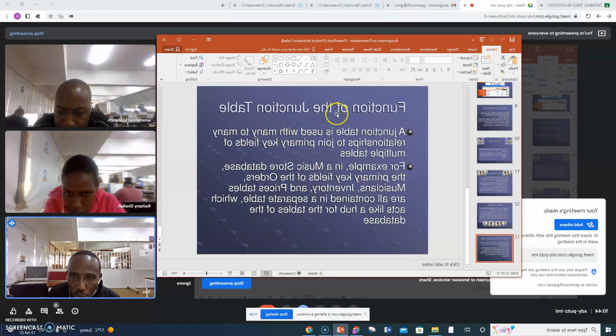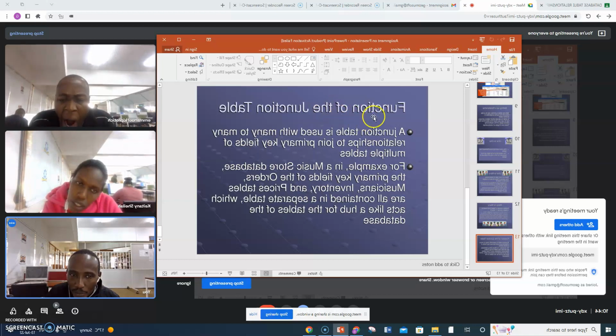If you don't use a junction table with a many to many relationship, it will not work as effectively as you may think. So remember, when you're creating a many to many relationship, make sure to get this junction table. For example, Kaitani,